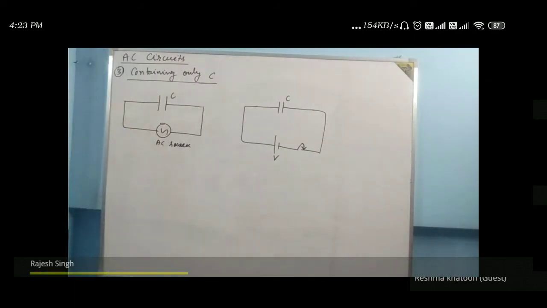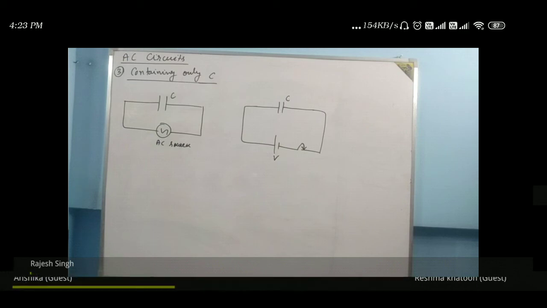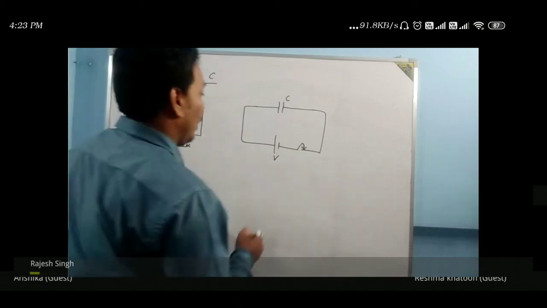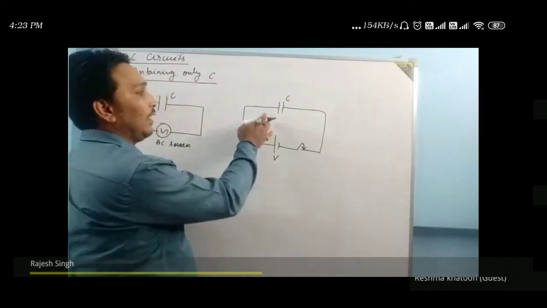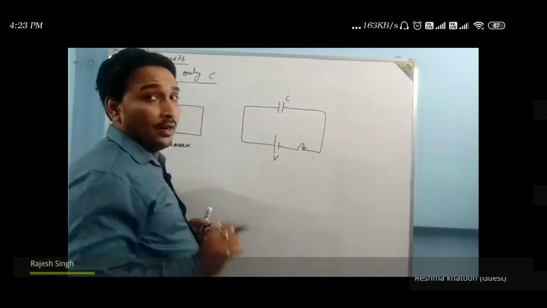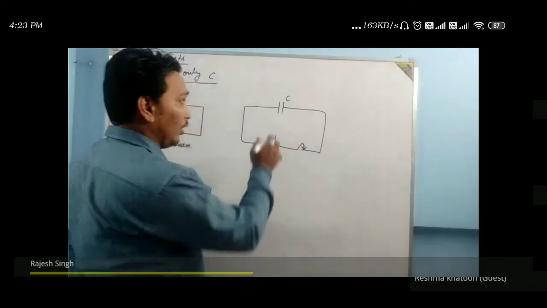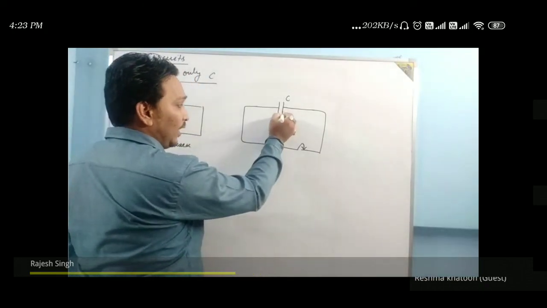Till what time? Both the sides have the same charge. No. Both the plates will always have the same charge. One will have positive, the other will have negative, till the time when the voltage difference between these two plates becomes equal to V.